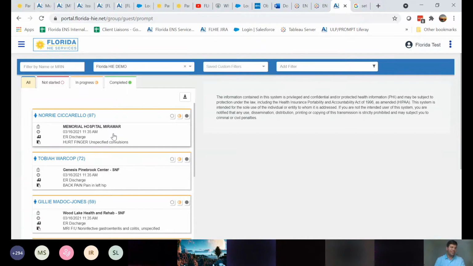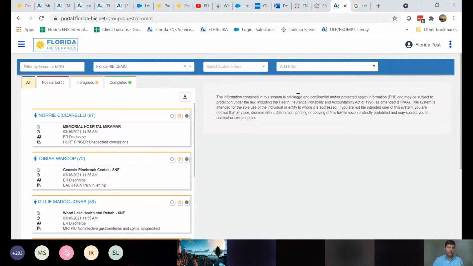What I'm going to dive into is to show a little bit more about the filtration capabilities, some of the unique features that prompt can do that maybe you guys haven't utilized in the past. So the first thing I wanted to do is just highlight how you can use a filter. The real unique thing about this prompt portal is the ability to filter. The fact you can apply filters in real time, search on exactly what you're looking for, and cut out a lot of the white noise, to me, is the